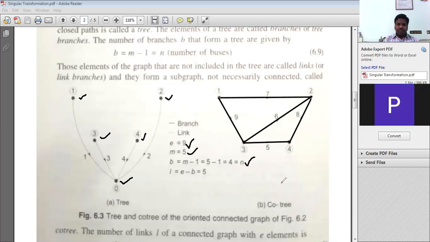Okay, but anyway, this is not necessarily learned for obtaining Y bus formation, but you should know all these things. So this is the preliminary information you have to know for obtaining the Y bus formation, but this is not necessarily included in your concept, right? So first of all, you need to know what is a tree and what is a co-tree, what is a graph, what is an element, what is a node, what is a bus. Okay, so you should know all these things, right?